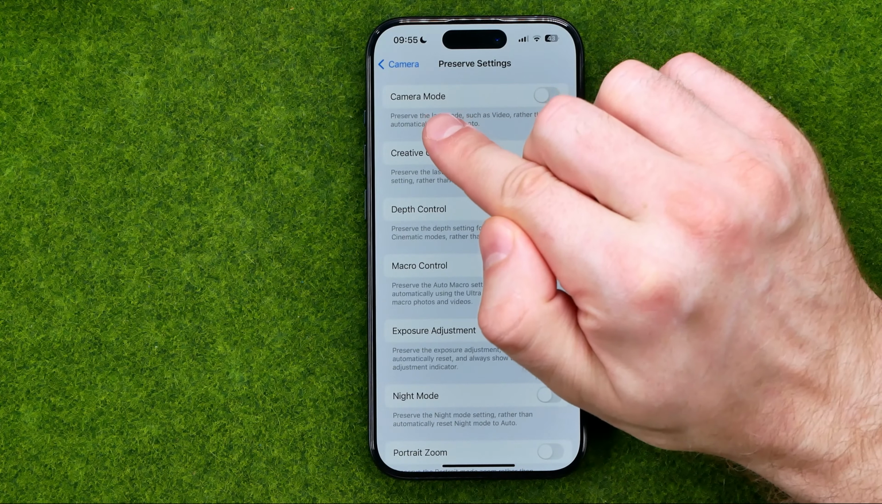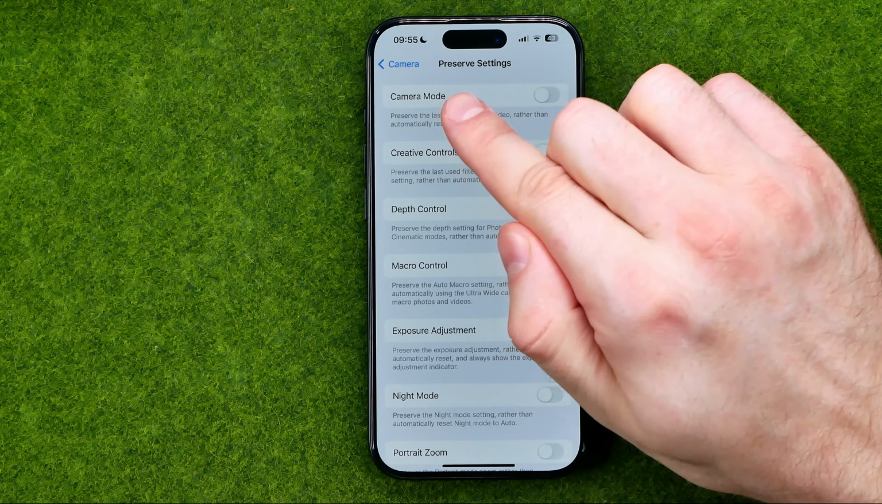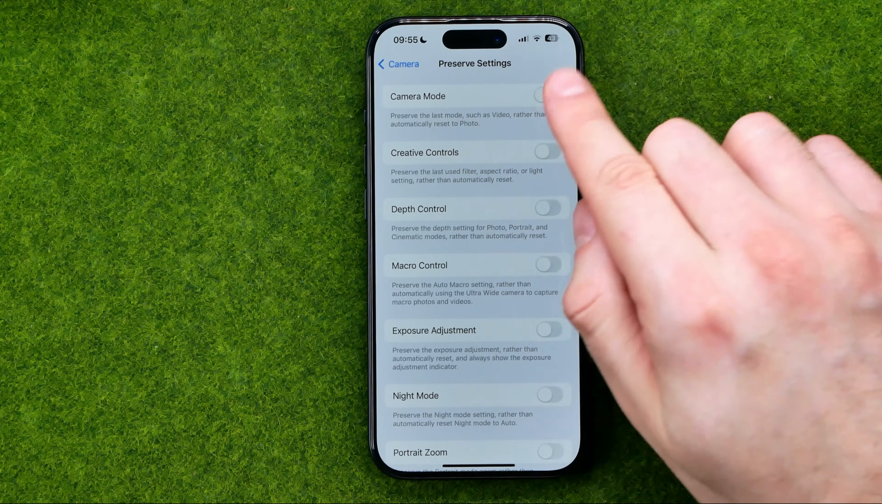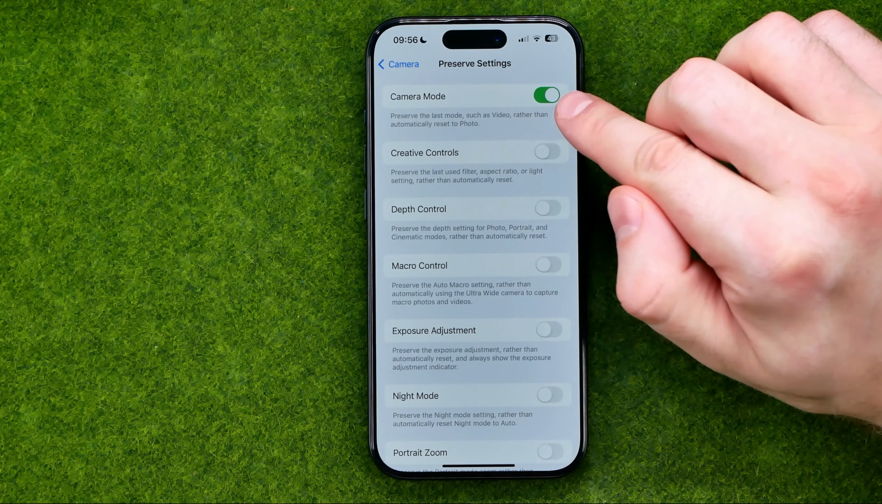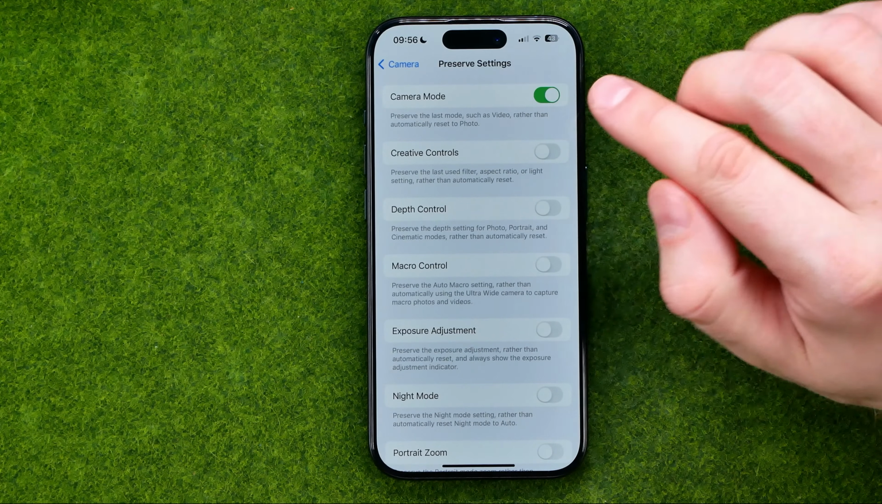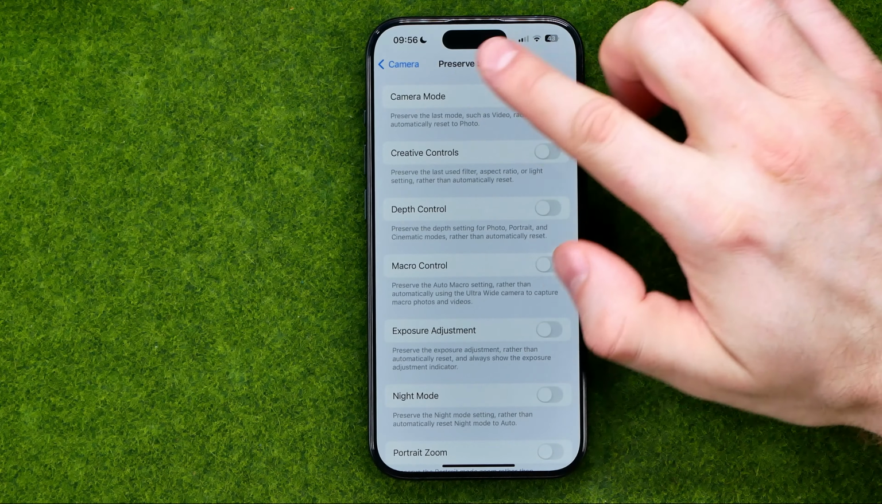camera mode feature. Down below it says that when this feature is turned on, it preserves the last mode, such as video, rather than automatically resetting to photo. So guys, if that option is turned on on your device, it will save the last mode the next time you open up the camera app. If you would like your camera to always start in photo mode, just make sure this